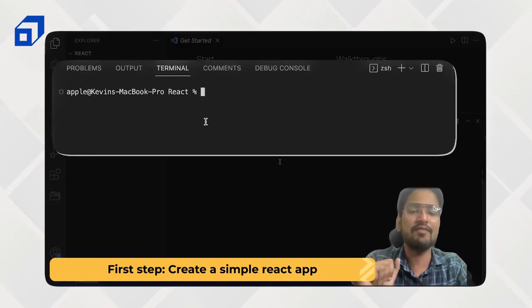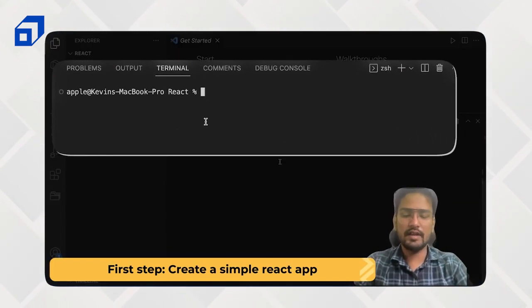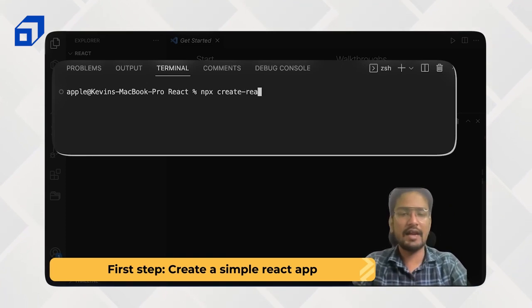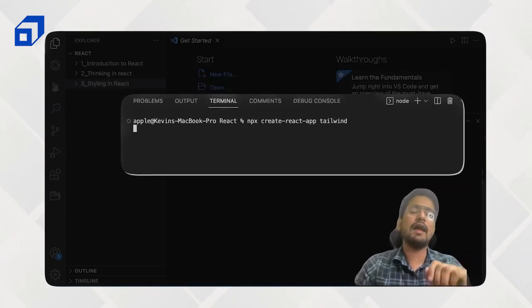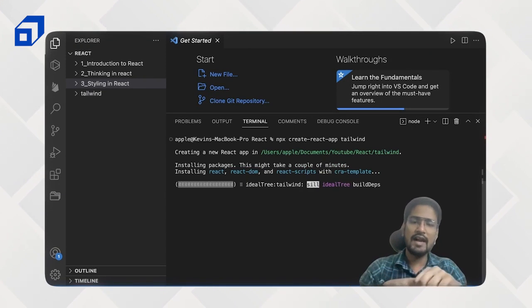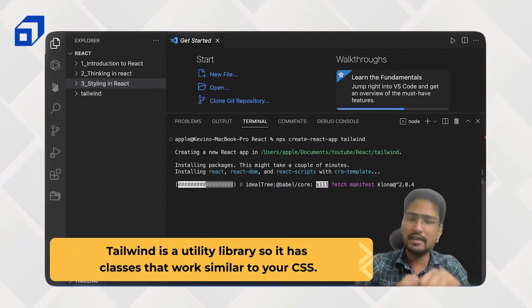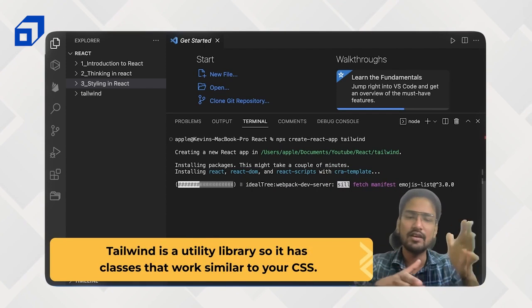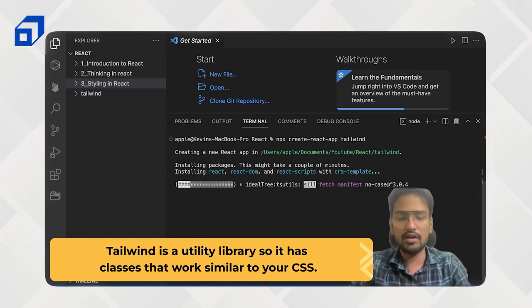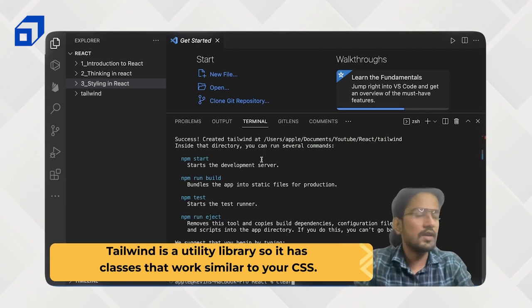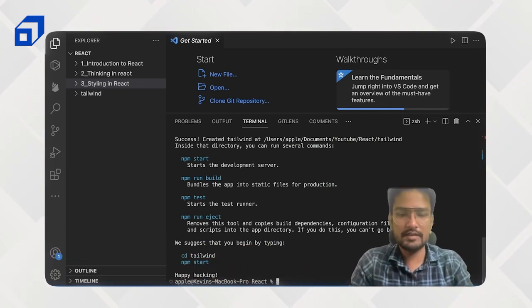For that, I have opened VS Code over here, and inside that I will be doing npx create-react-app, and inside that Tailwind will be the name of the project. You should also know that Tailwind is a utility library, so it has classes that work similar to your CSS. So it's just being installed. Now it's done. Now let's cd into Tailwind,